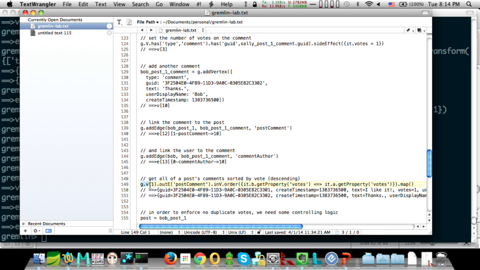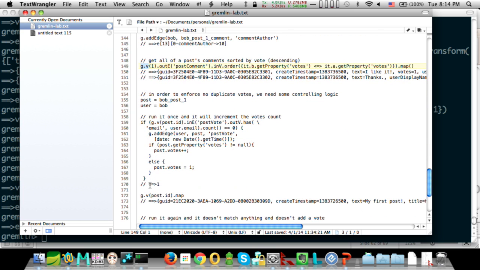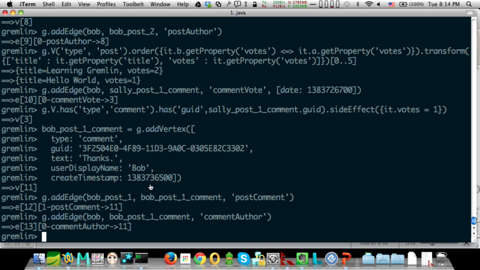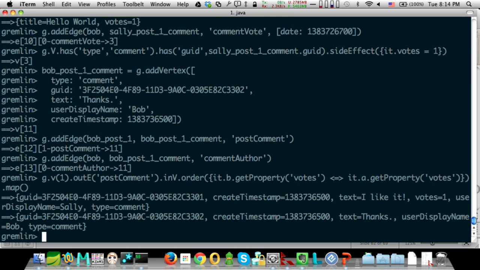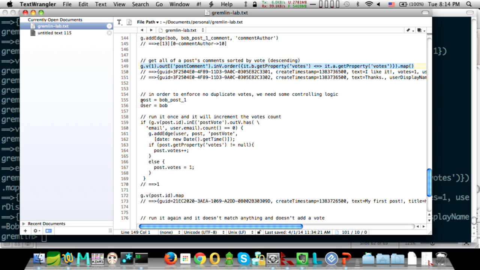All right, so now this is the final use case I'm trying to build up towards, to give you an example of enforcement of certain things. Here we grabbed all the comments, and again we ordered by the number of votes, just like we did with posts. What if we had a requirement that we need to enforce no duplicate votes? It's a little bit tricky because I can just create arbitrary edges, and I haven't created any kind of unique index to enforce things.